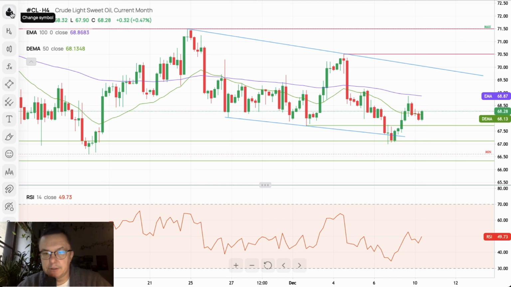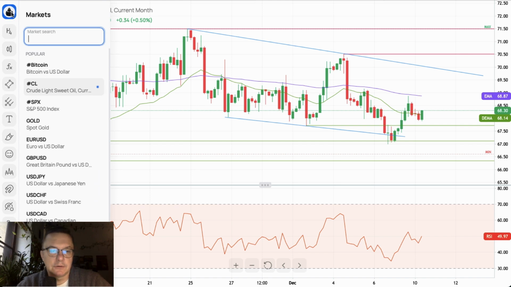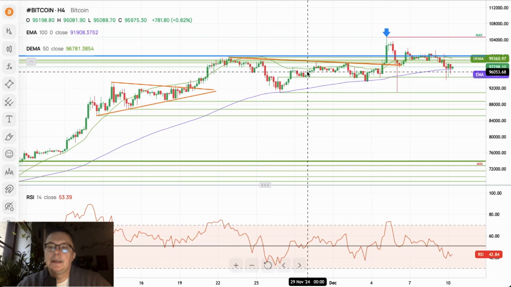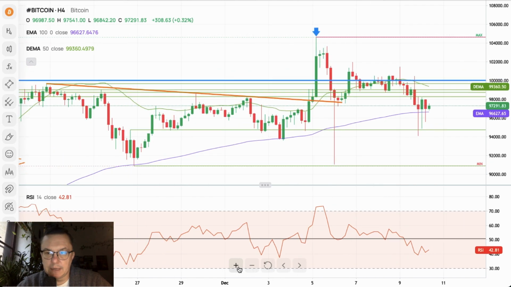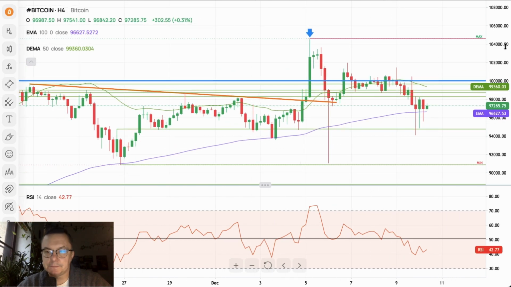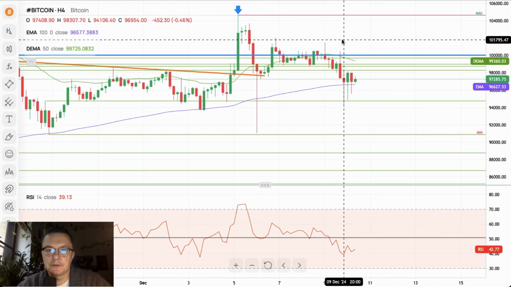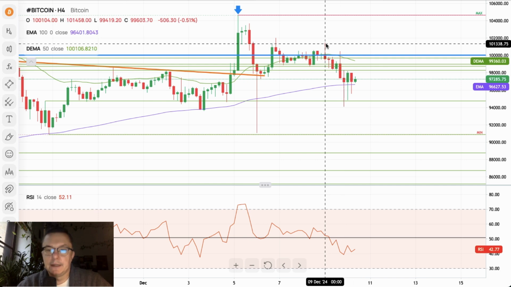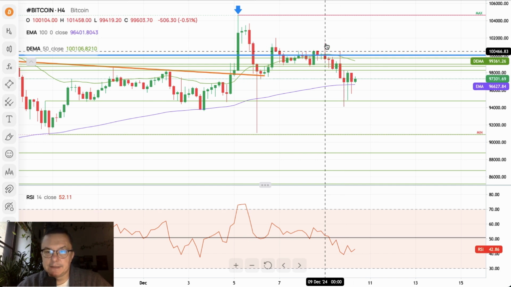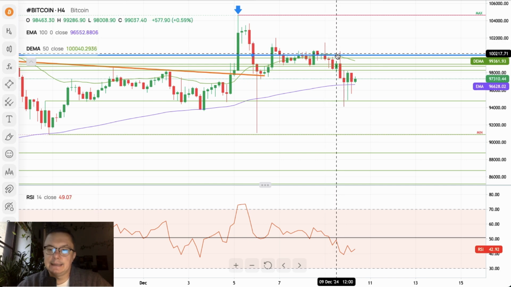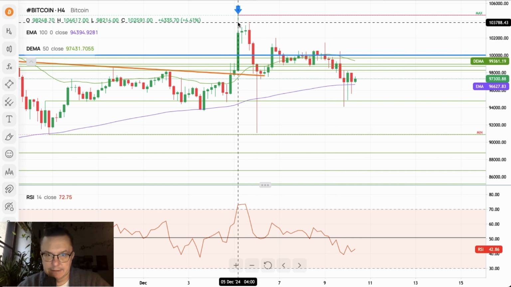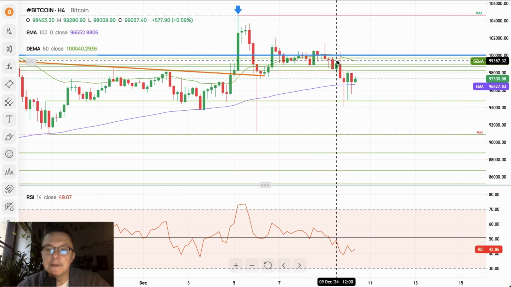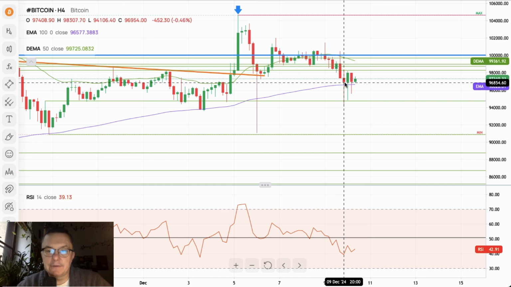So that was the crude oil. Mixed outlook. The bulls are trying to do something. Now it's time to take a look at the Bitcoin, because yesterday we got a very nice sell-off on the Bitcoin and on the rest of the cryptocurrency markets, especially altcoins, as we are getting away from the all-time high of 104,617 and the level of 100,000 itself.